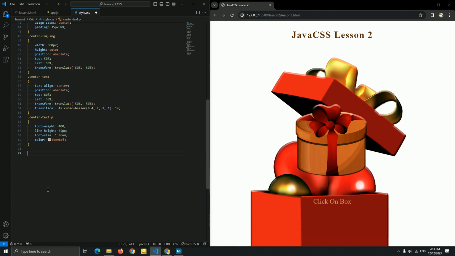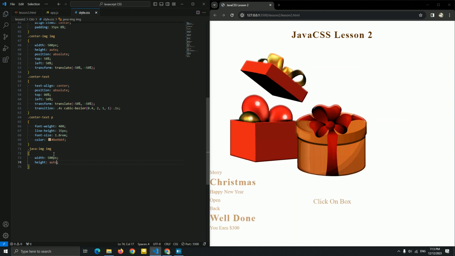So first, let me just width 500 pixel, height. I'm sorry for my words, guys. Okay, now this is image. I resized it. Now let me just create a message as a background with little display flex.